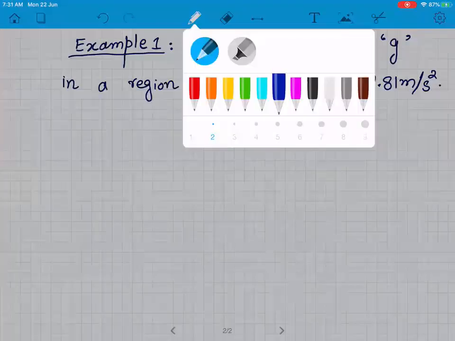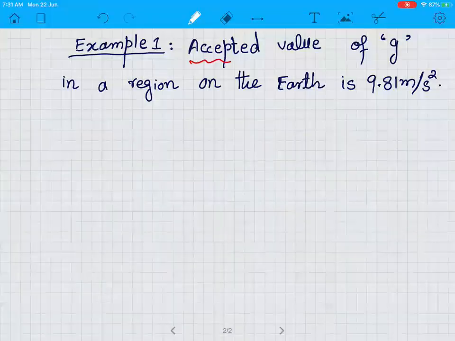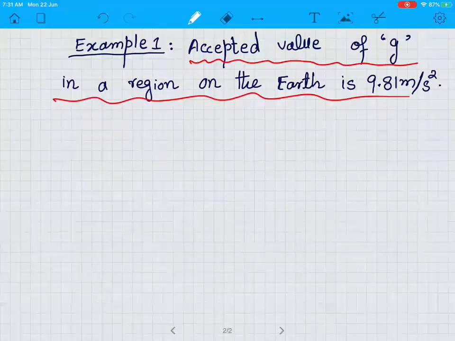Now, what is this? This is the true value. For any experiment, the value that is accepted by the majority or the common accepted value is called the true